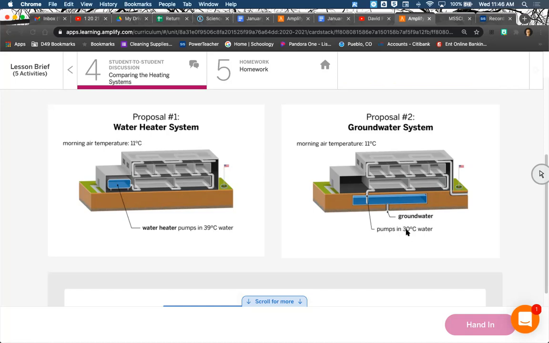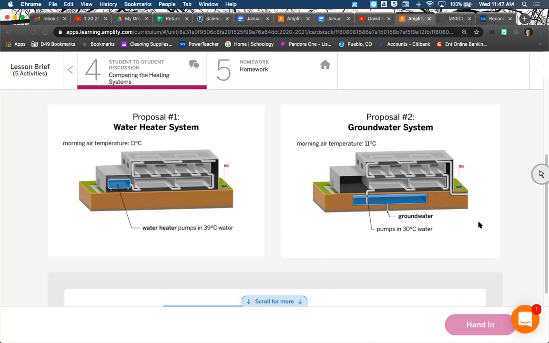Over here, we see that there is no heater. This is just the temperature that they're pumping out from the ground. I think this well right here, this pipe goes down deep enough to find water warm enough to fill up this tank with water that's almost as warm, but not quite as warm. So now it pumps a little bit cooler water through here,